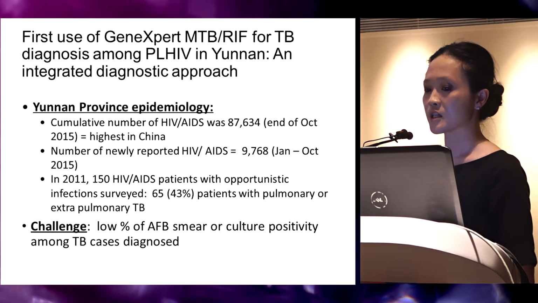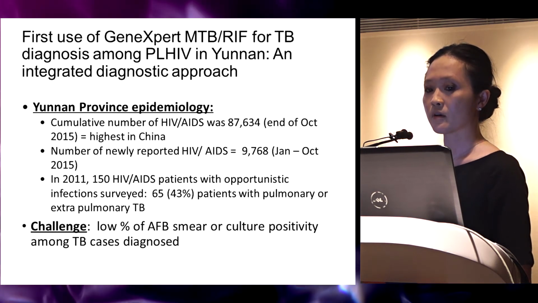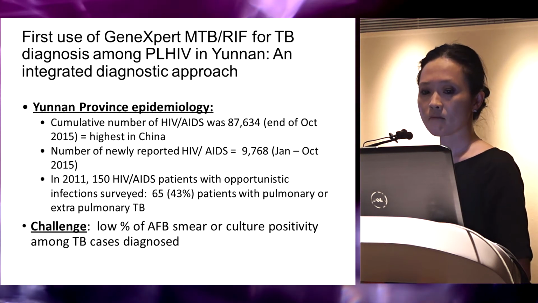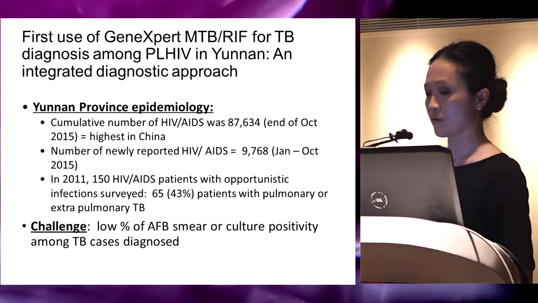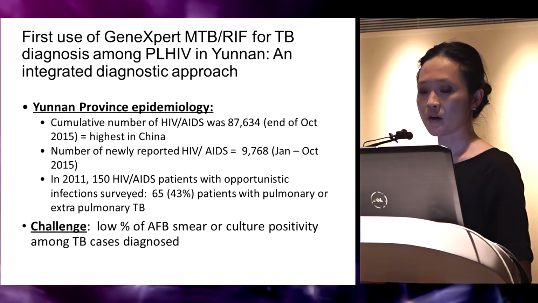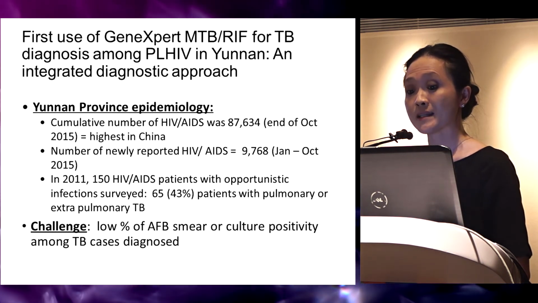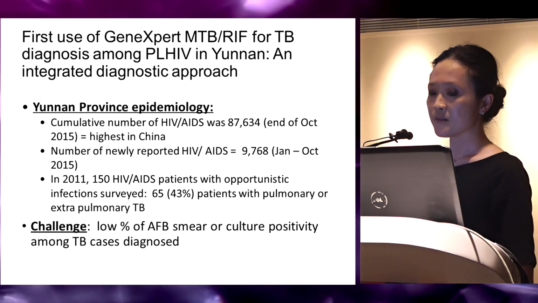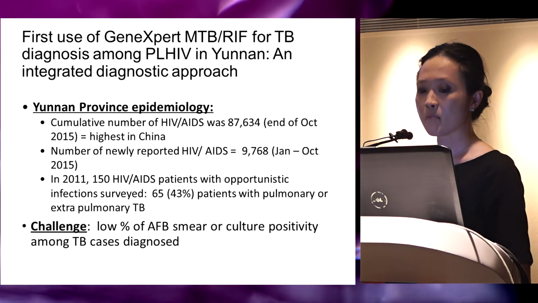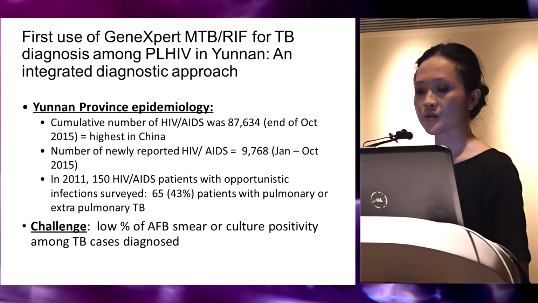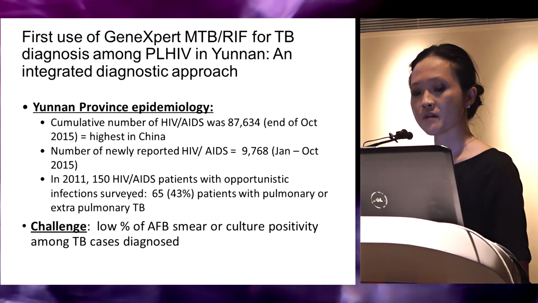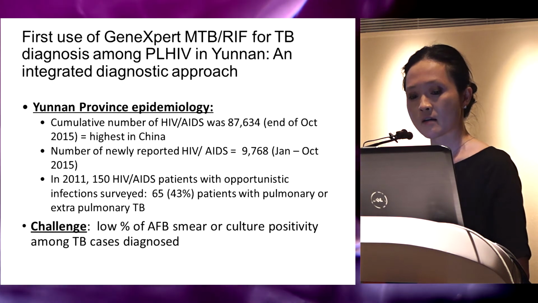The cumulative number of HIV/AIDS patients as of the end of October 2015 was over 87,000, so it's the highest number in China. The population of Yunnan, just so you know, is 46 million people. The number of newly reported HIV/AIDS patients from January through October of 2015 was nearly 10,000. In 2011, there was a simple survey of 150 patients with opportunistic infections, and among those, 43% of the patients had pulmonary or extrapulmonary TB. One of the biggest challenges is a very low proportion of AFB smear or culture positivity among the TB cases